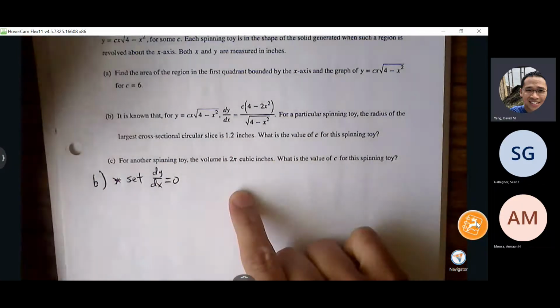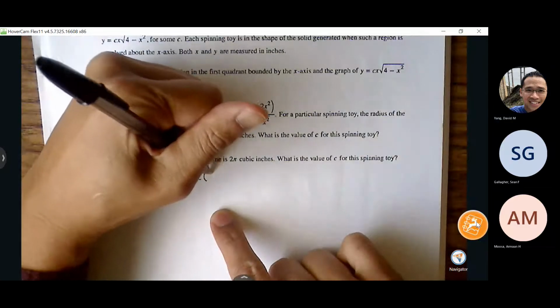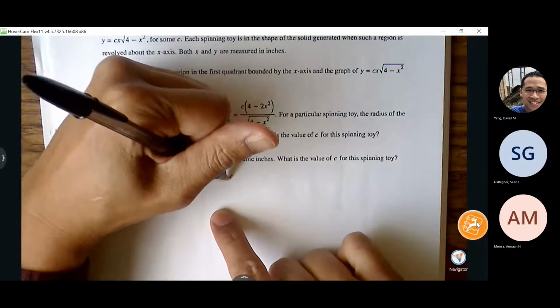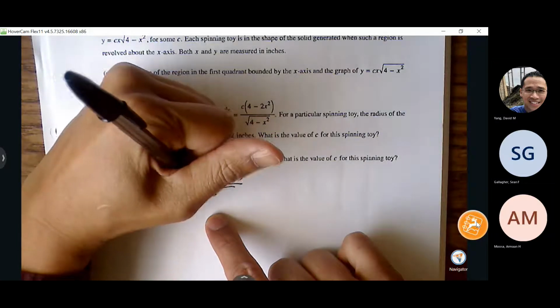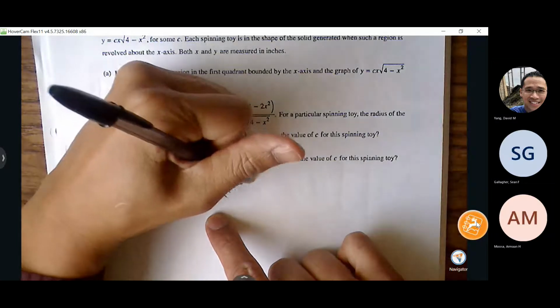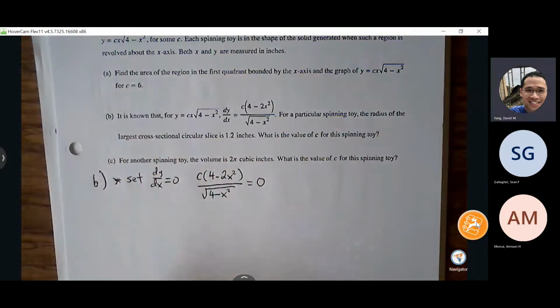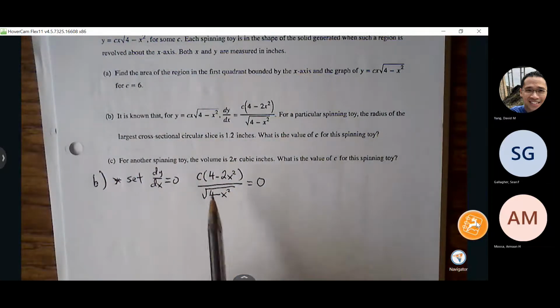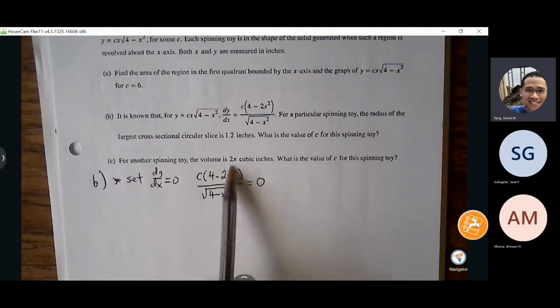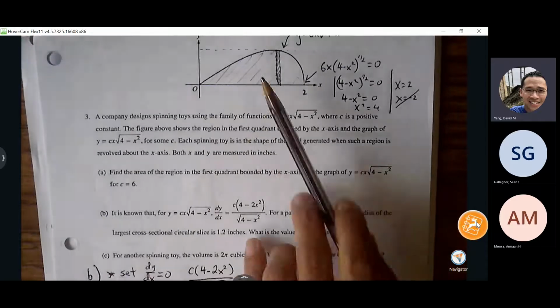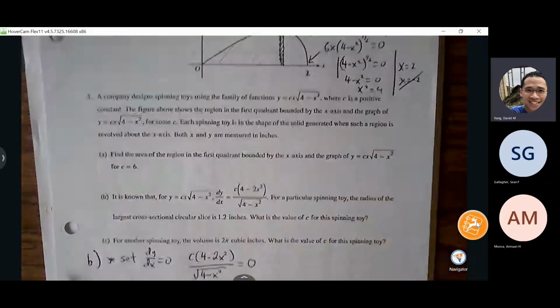Okay, so if I set the derivative equal to 0, setting the derivative equal to 0, finding where the slope is equal to 0 is really a numerator thing, right? The denominator equal to 0 is something else. That's telling us where the slope is undefined. We don't want slope undefined, we want slope 0. Okay, so slope 0